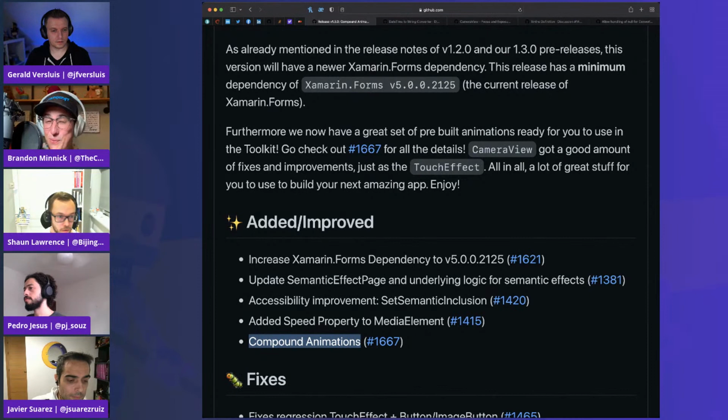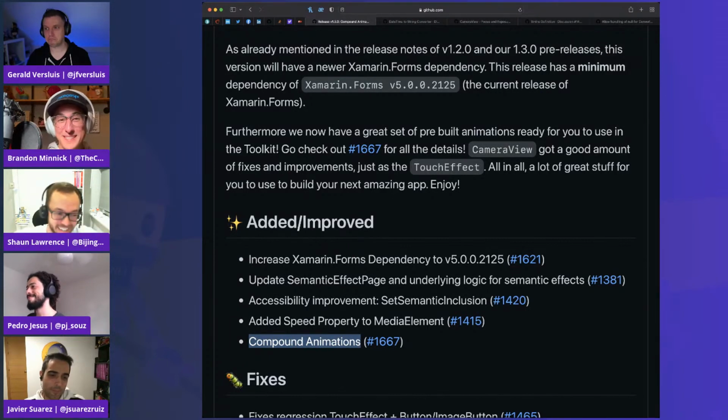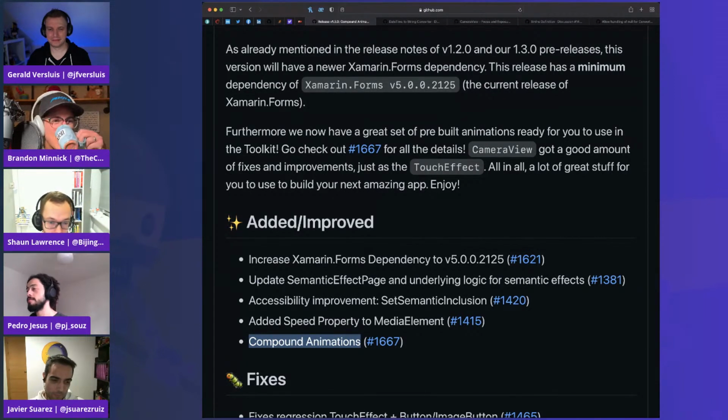So, Sean, what is a compound animation? Because we just made up that term. I don't know if anybody knows what that means. So I guess with Xamarin Forms, we get some inbuilt animations that let you control a single property. You can animate the color, or you can animate the scale, the translation, move it around the screen.